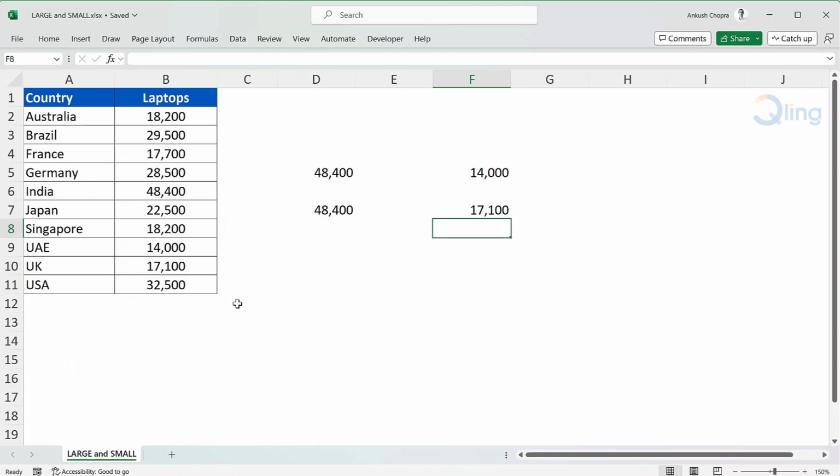Just like large, if we provide the value of k as 1, it will return the smallest value. As you can see, the value it returns is 14,000, which is what the min function also returned. So that's how you easily find the highest, second highest, lowest, second lowest, and so on values using large and